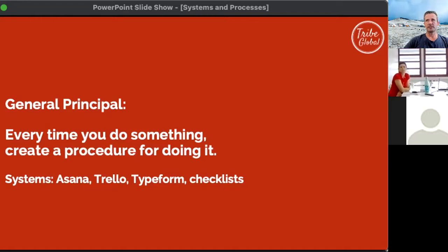Another really cool tool, if you have staff or other people completing things, is something like Typeform. So this is where you actually get someone else to complete the checklist, and then you have a historical log of it being completed. And that part is quite powerful. So Asana and Trello, or even a Word document or an Excel spreadsheet, is good if you just want a list. But if you actually want to keep